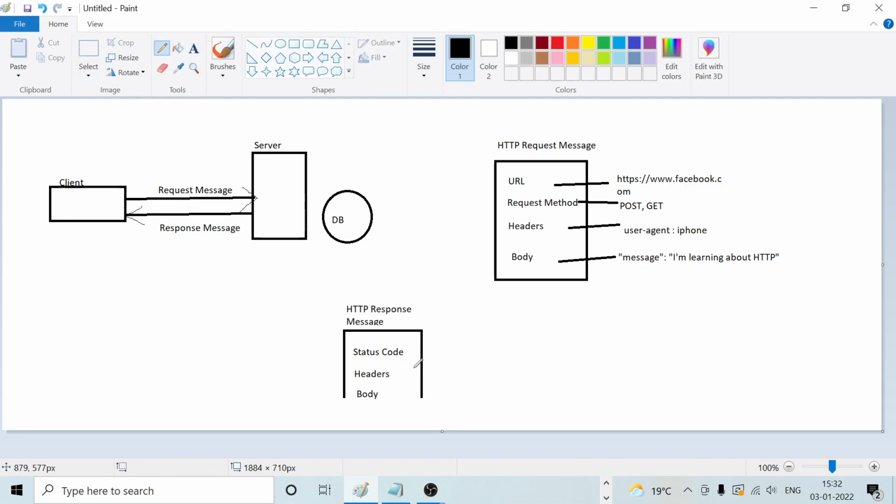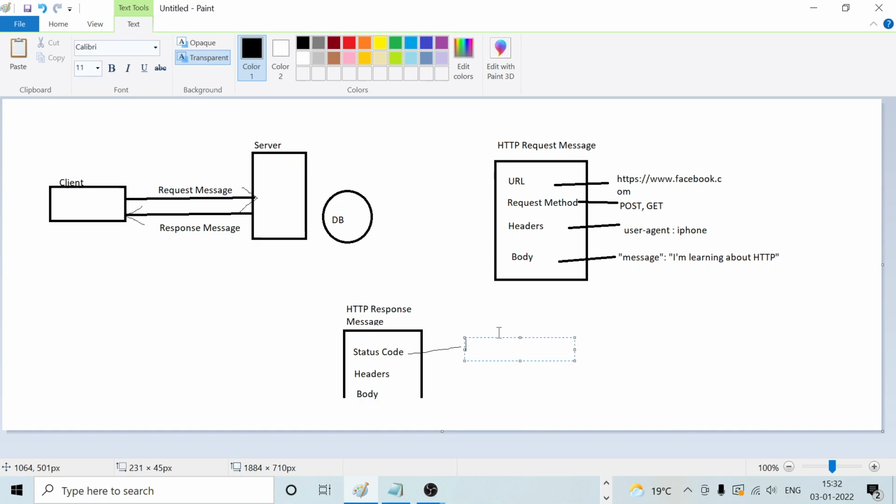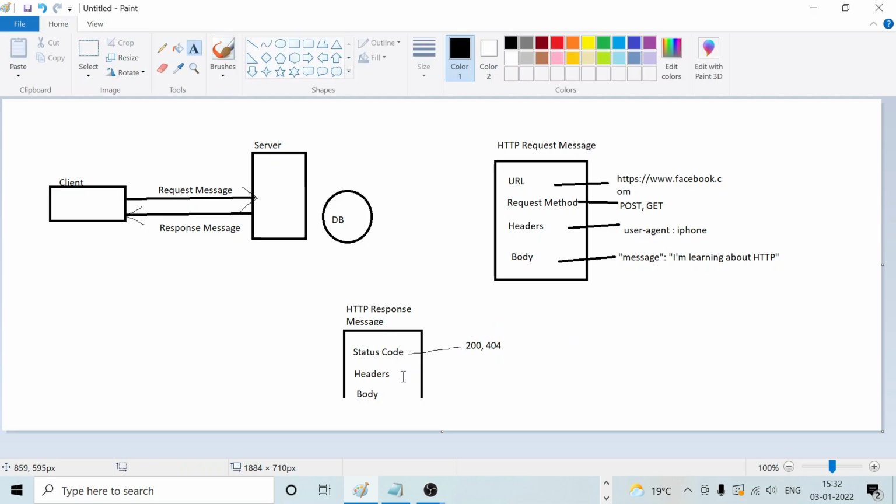From the status code you can get 200 or 404. You get 200 if the status is successful, and if the page is not found or some error is there, you find 404. In the browser also you find this type of information: if any page is not found, you get a 404 status code.